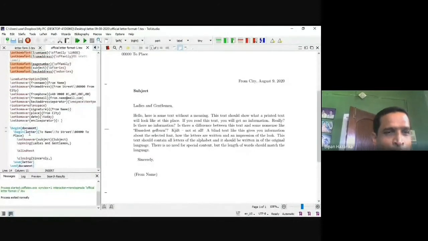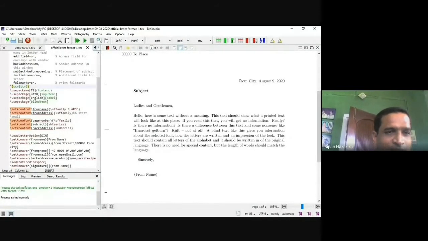Now you see here I put one command. These are the usual commands. Here I write use package blindtext. That means this text is a blind text, which we collect from that package. If I omit this package file, nothing is shown here. Because I have not written anything, I directly collect the text from this package.